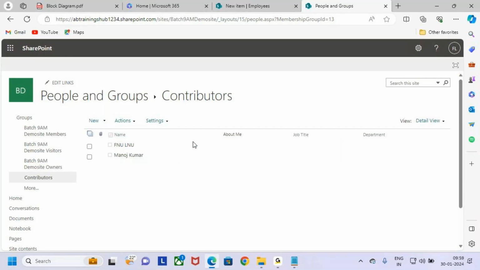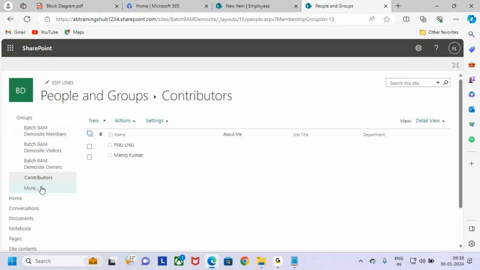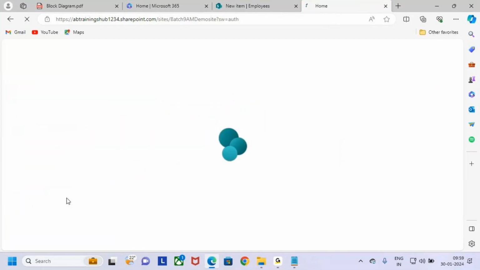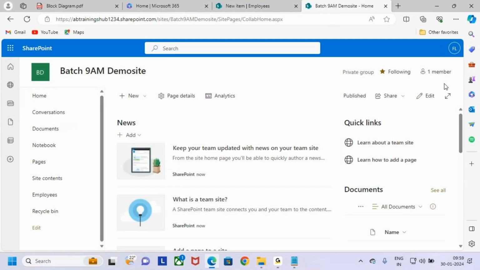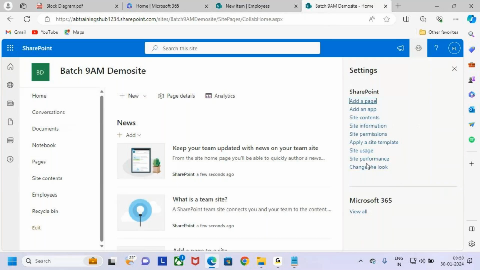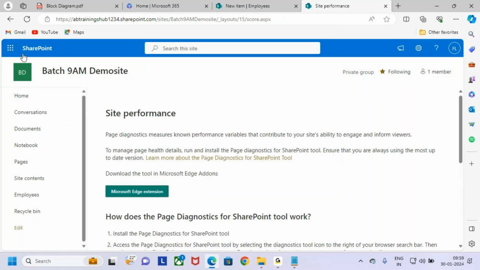If there is another user and you want to give the contributor role to that user, then you can directly come to this group and add that user to this group. If you add the user to this group, what is that user's role? His role is contributor. So like this, you are able to add the users in two ways. One is direct sharing and the second one is group sharing. You can directly share the site information to the users, or